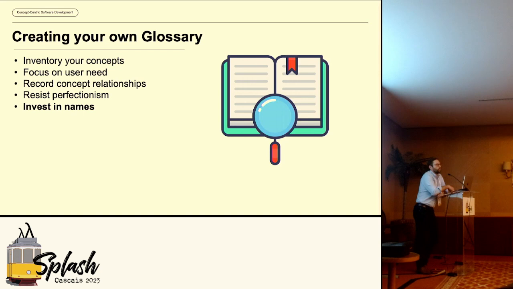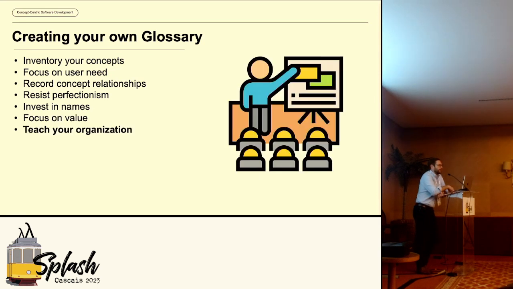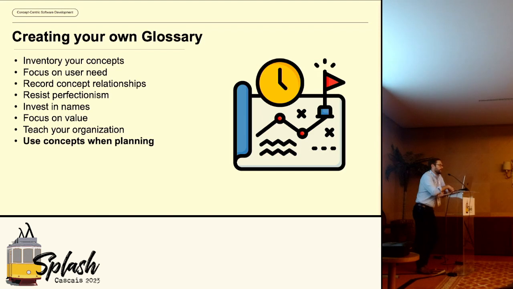And so one of the things, even as we think about internationalizing our software, is that the concept terms probably need to be translated differently than other text within the system, right? We really do want someone with native-level fluency translating these terms, whereas descriptions, paragraphs, and other text might be more amenable to a machine translation system. Focus on value, be pragmatic, teach people about concepts: do a class, have a recorded lecture, give them the paper, have them read it, and then integrate them into planning.